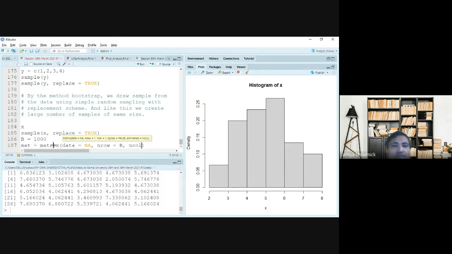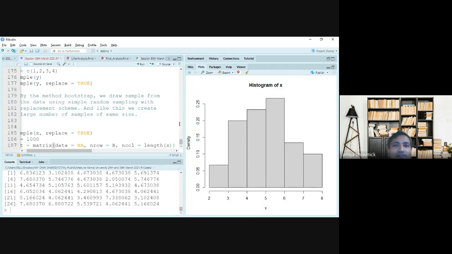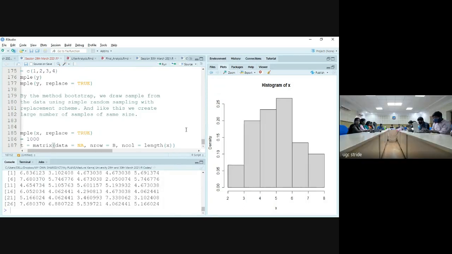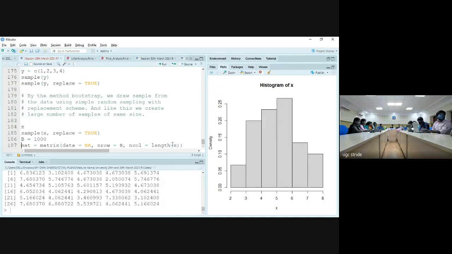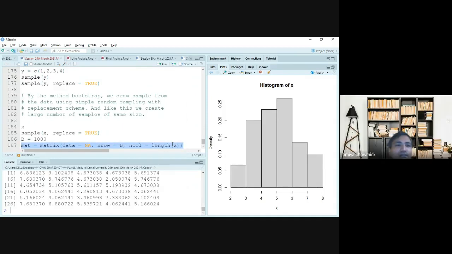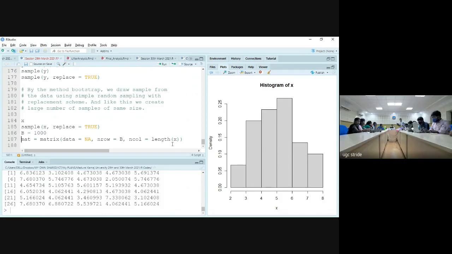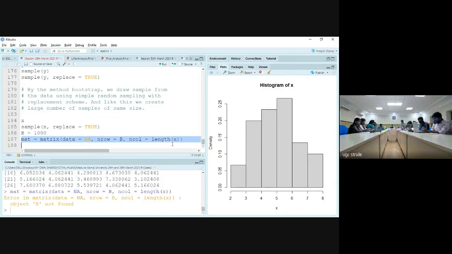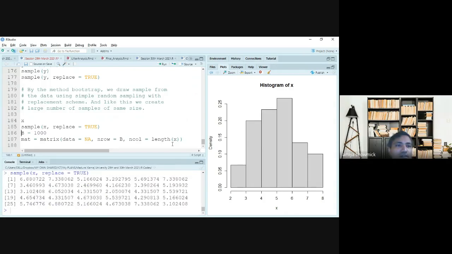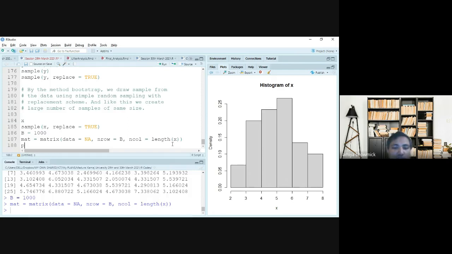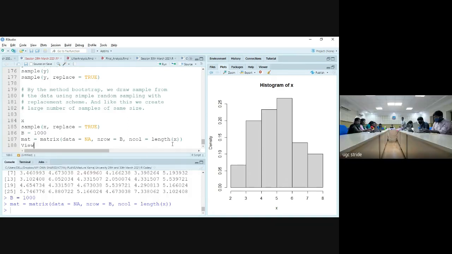And how many columns do I want? The size of the sample is length of x. So whatever the length of x, it is going to be the size of the sample. Now let us see what is there in the matrix.